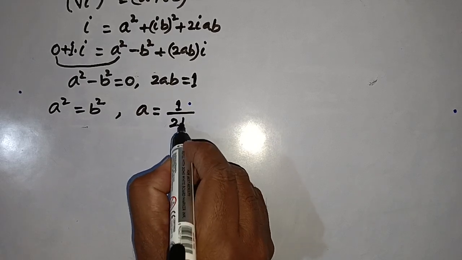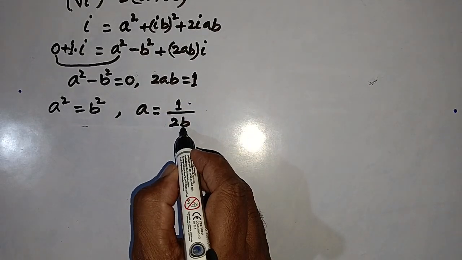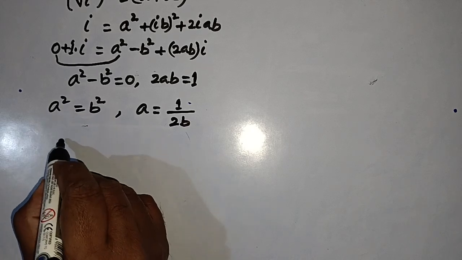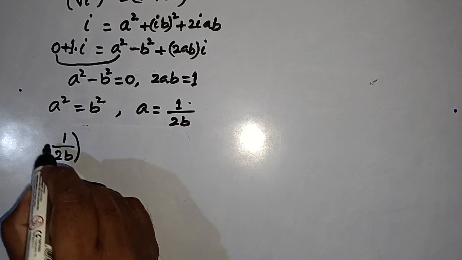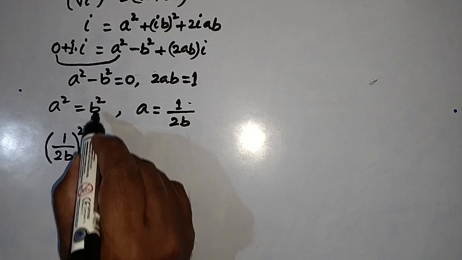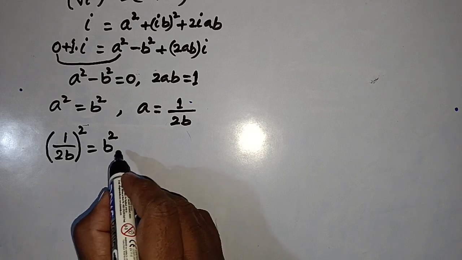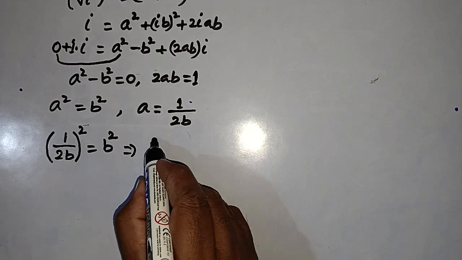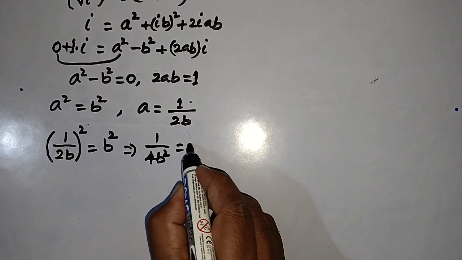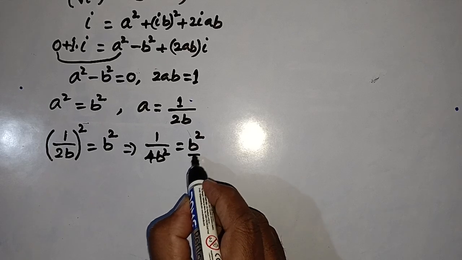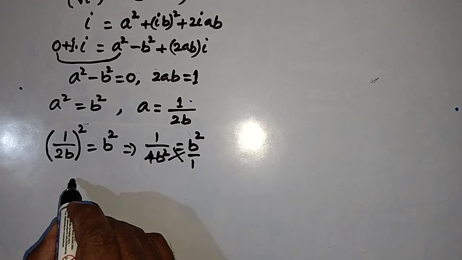by 2b. So substituting this value, a is equal to 1 by 2b in this equation. So here 1 by 2b whole square is equal to b square. So this gives 1 by 2b whole square is 4b square, and that is equal to b square. On cross multiplication in this way, so here we will get